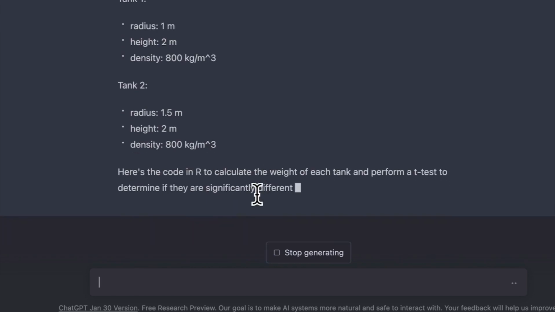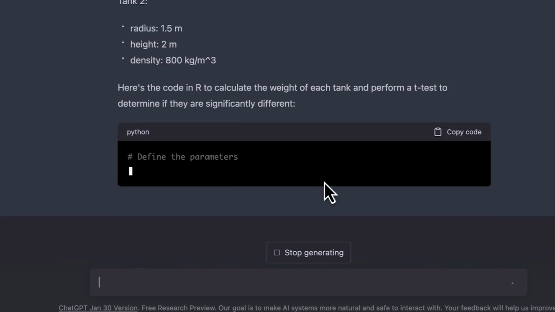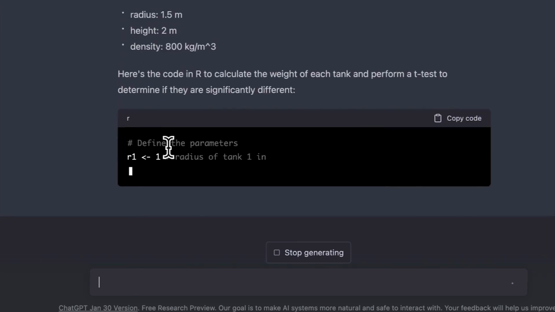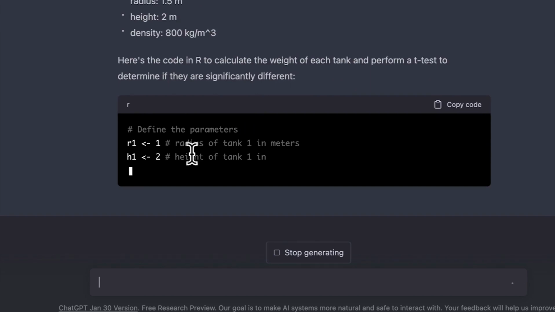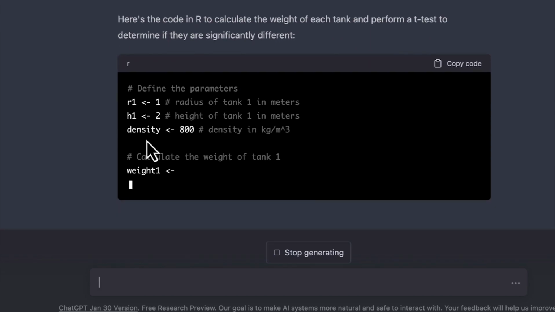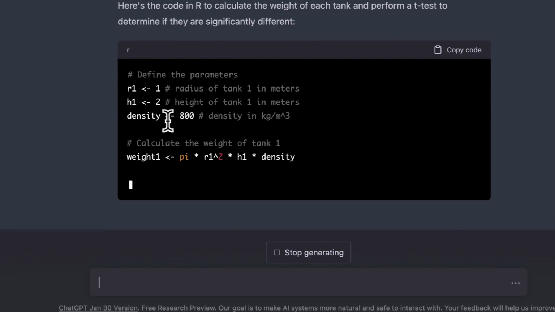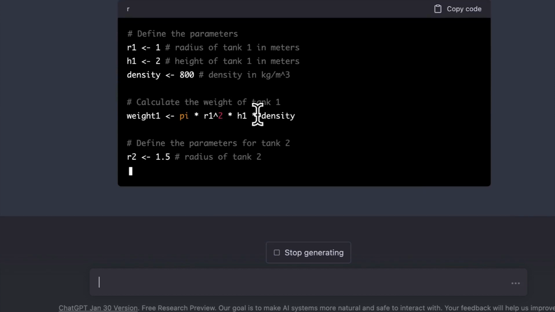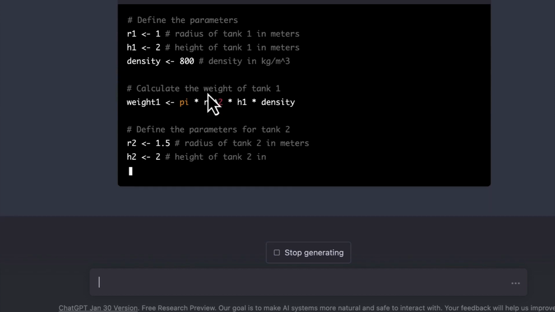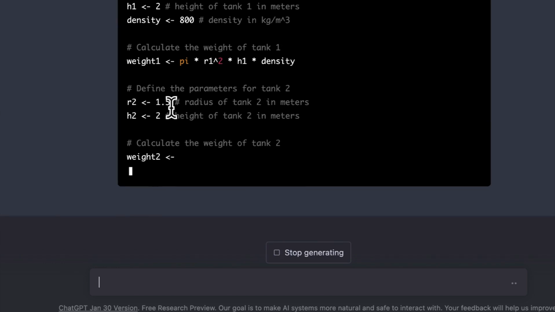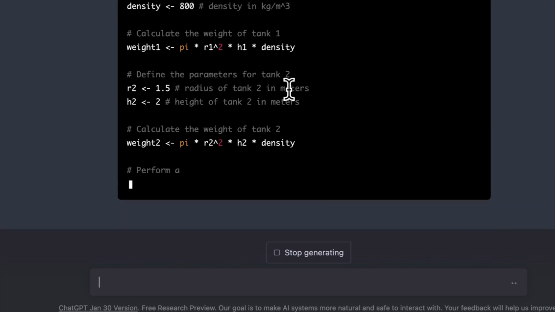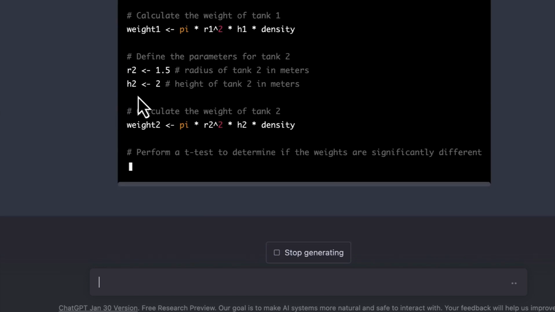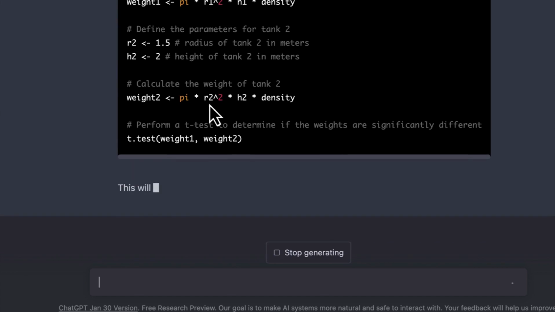And then here is the code in R to calculate the weight of each tank. So you can see it has given us: define the parameters. This is in R, and then this is R1, H1. I'll have the density for the first tank, and then calculate the weight of tank 1. It has given us the formula to calculate. You can see, define the parameters for tank 2. It has given us R2, H2, and then it went ahead to calculate the weight of tank 2,